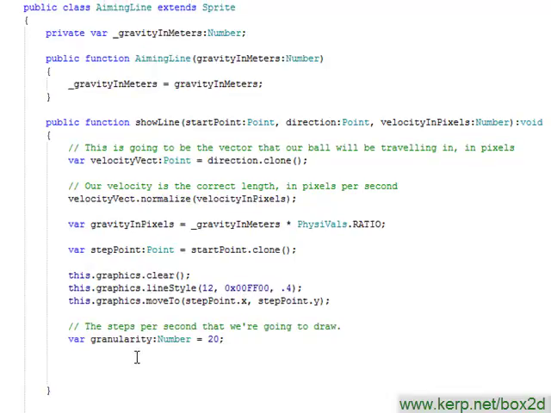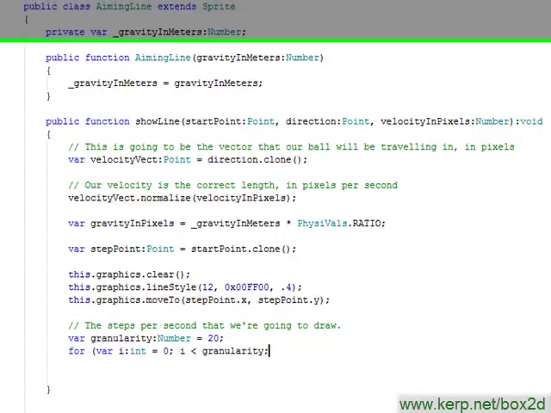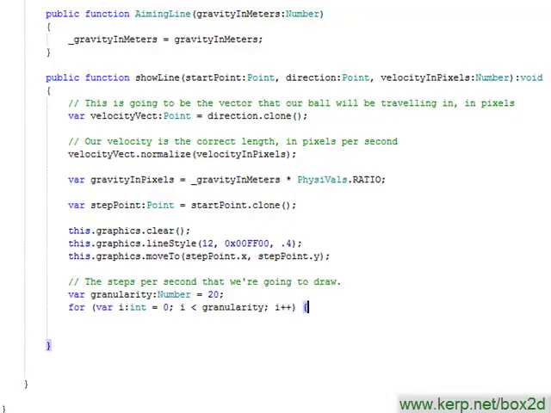And so now what we can do is we can simulate 1 second's worth of our ball falling through our world. And we can do that basically by drawing these little mini steps. So let's do that. I guess first things first, I'll set up a little loop here. I'll have for var i int equals 0, i will be less than our granularity, and i plus plus. So basically, I'm going to draw 20 mini steps to simulate exactly 1 second's worth of our ball falling through